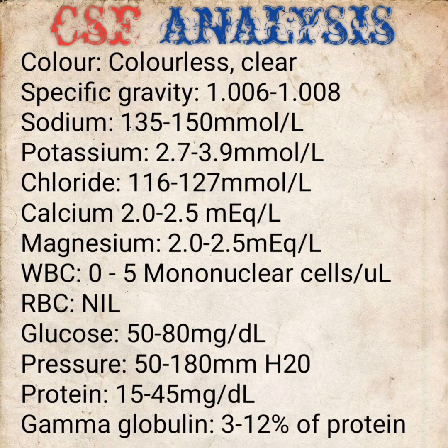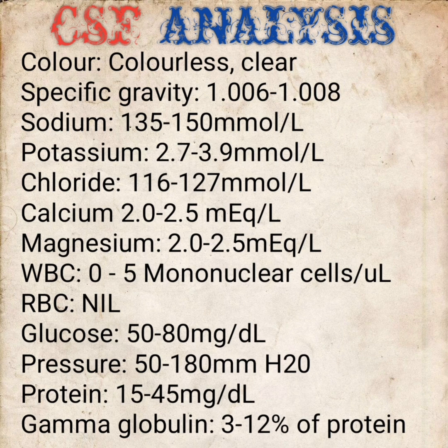Cerebrospinal fluid analysis. The cerebrospinal fluid, also called CSF, is that fluid that surrounds the brain and the spinal cord. Blood does not get to all the sides of the brain and the spinal cord to supply it nutrients, so the CSF contains all the normal nutrients and the normal values. As you have seen there, it is clear in color. The specific gravity is normal. The sodium is also normal. Potassium, chloride values, calcium, magnesium.